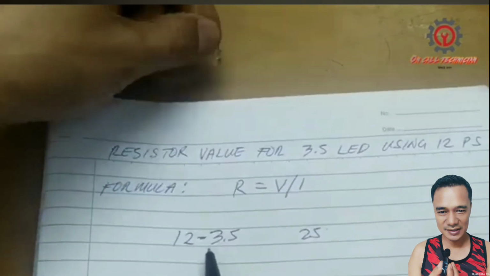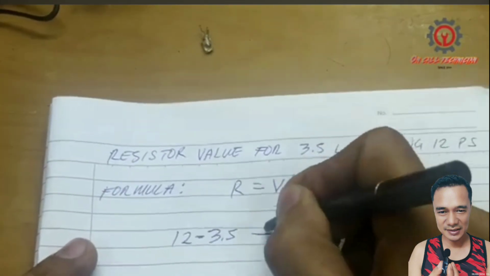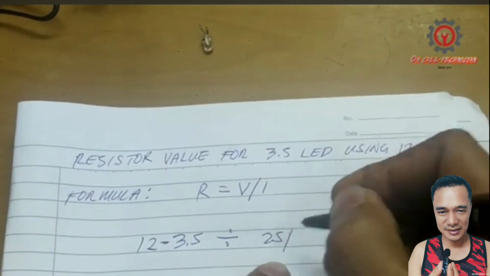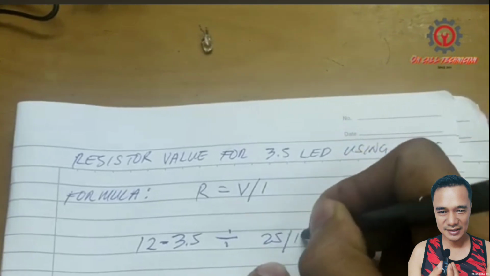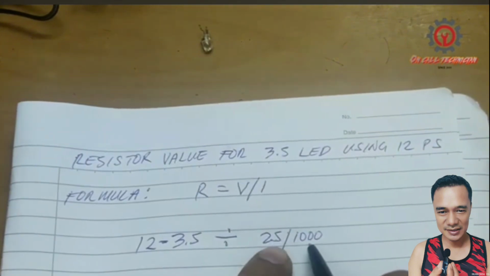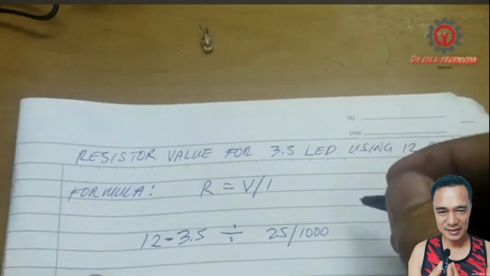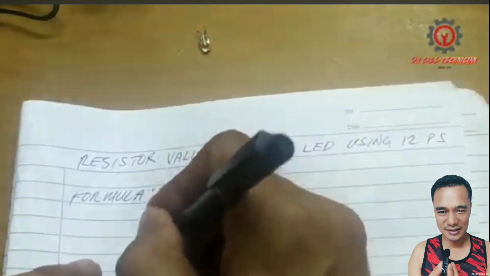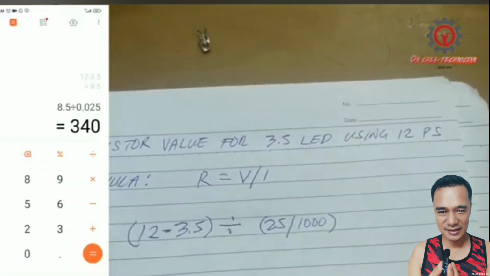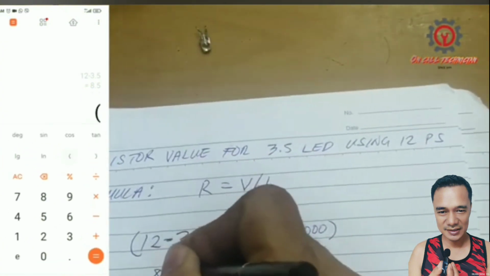3.5, divided by 25, divided by 1000, because this is milliamps and we're going to do it with amps. So we will open and close parentheses on this one, and to minus this one we got 8.5